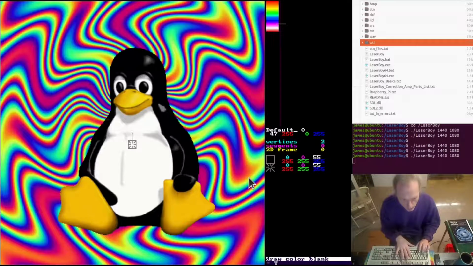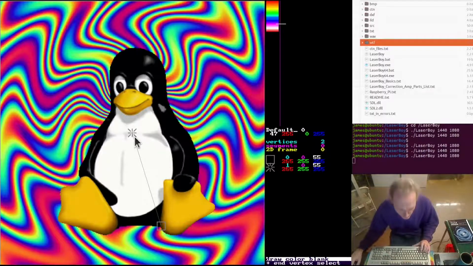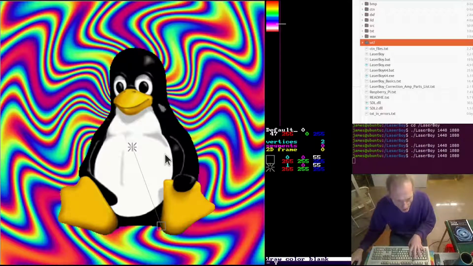And we can move it to a place where we might logically want to start tracing this image, like right there. And then we hit the closing parenthesis to move the spider to the destination end of the vector, and we hit Shift Y, and we can bring it down